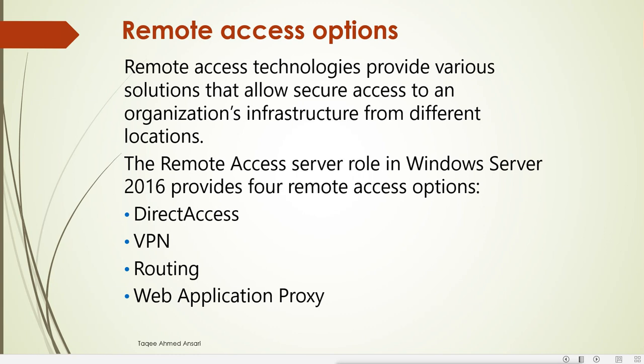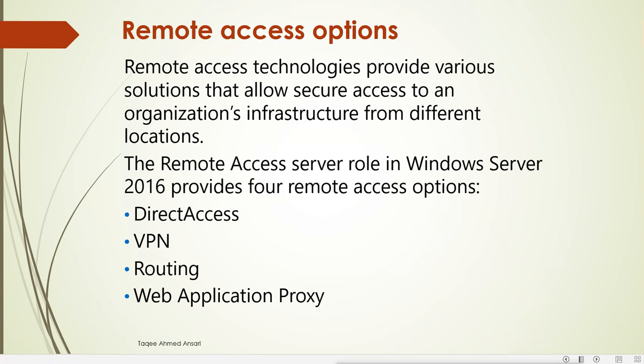Like suppose the users are within the local network, in the office building or the organization's environment, so they can access the organization's resources locally. That means web servers, mail servers, database servers, file servers, printers and all these, they can access locally. But when these users go out of the organization's local network, on site, or suppose they are working from home, they don't have access to their local network resources.